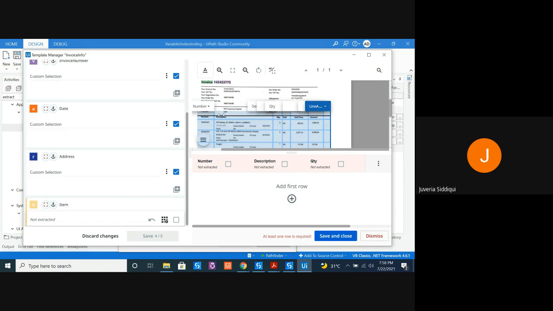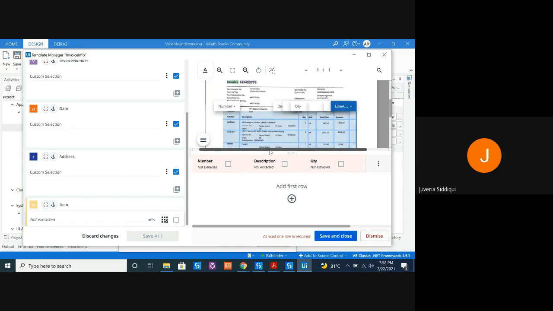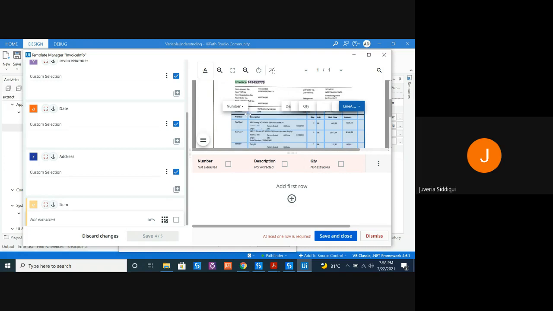Okay, it was not able to save, and that means it did not even extract the information. Don't worry, let's highlight the table once again. Highlight the rows. And let's